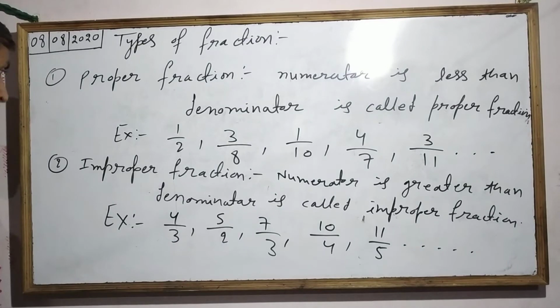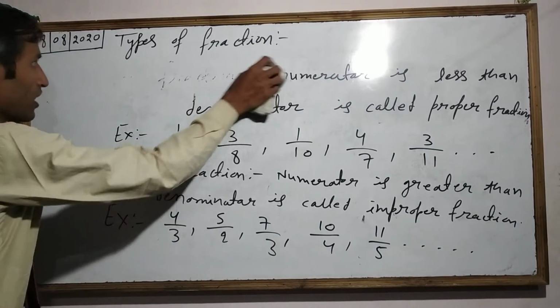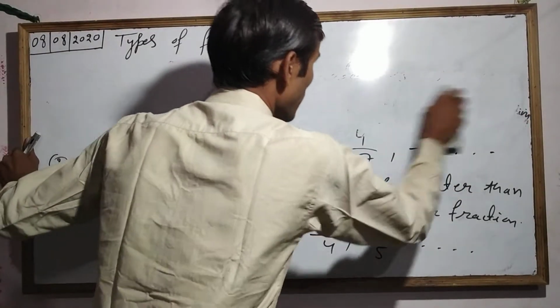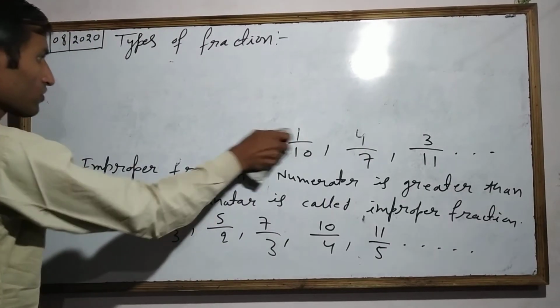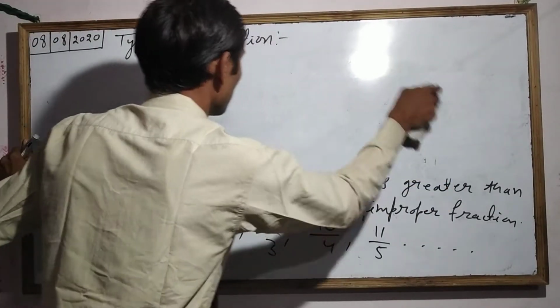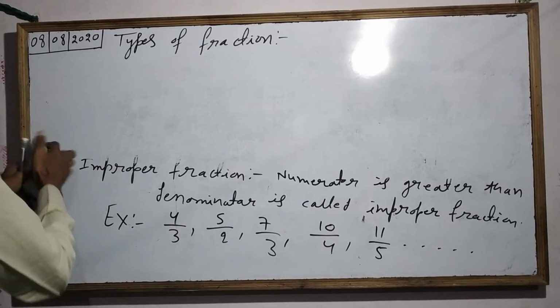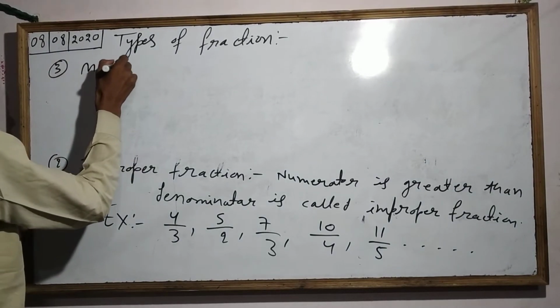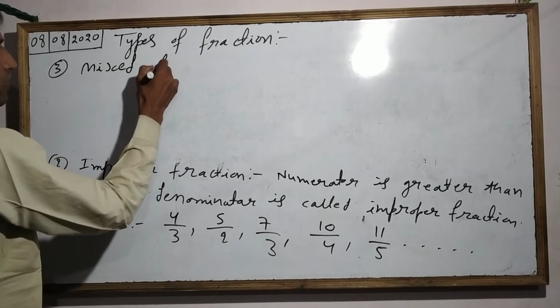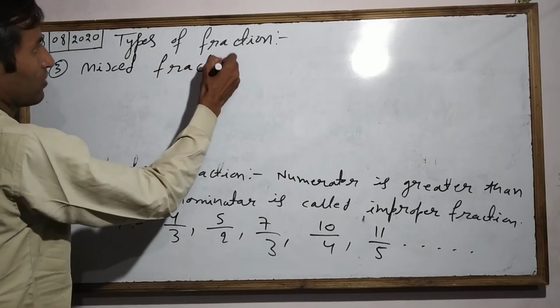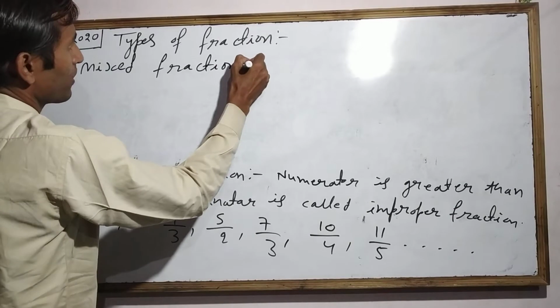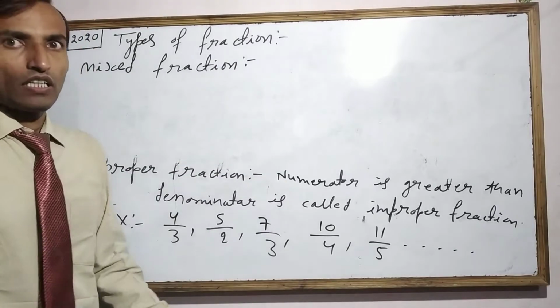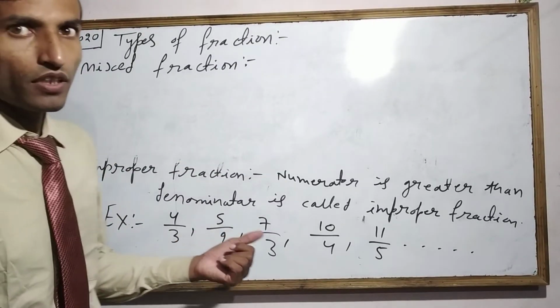Next one, we have to go to the next type. The third type is mixed fraction. In a mixed fraction, a natural number also will come and